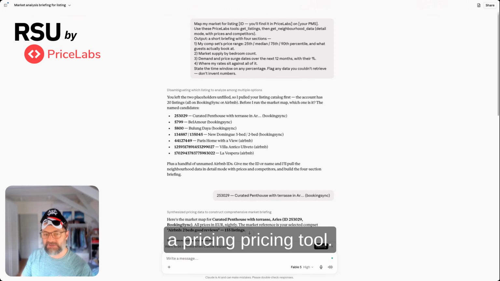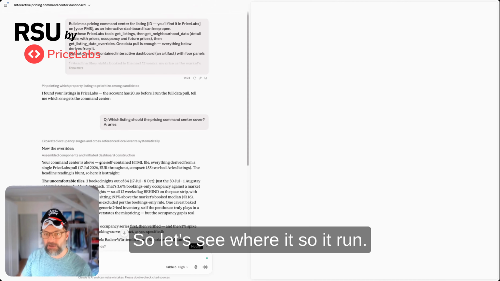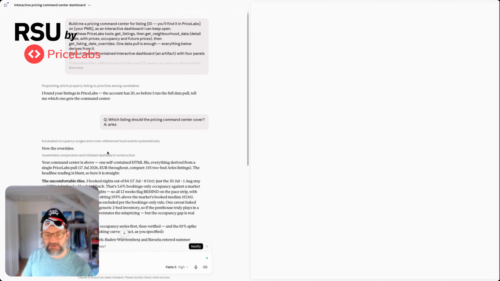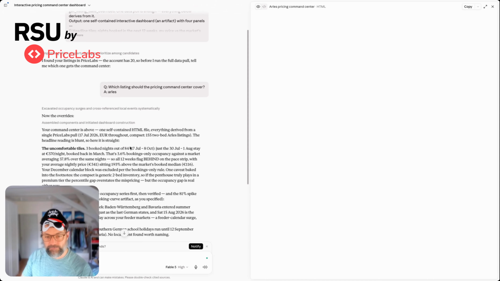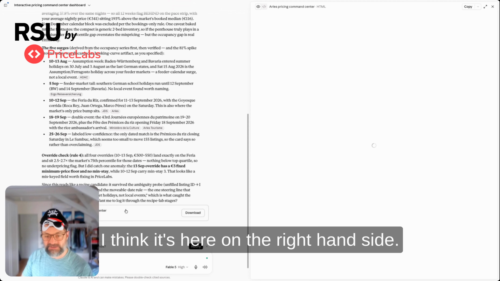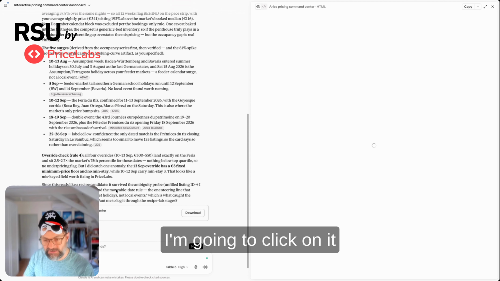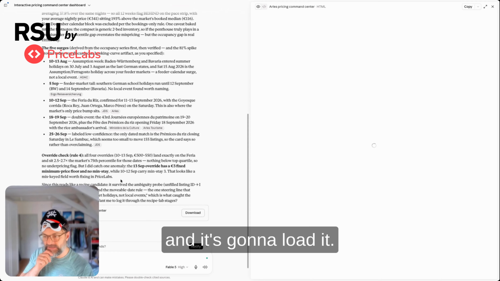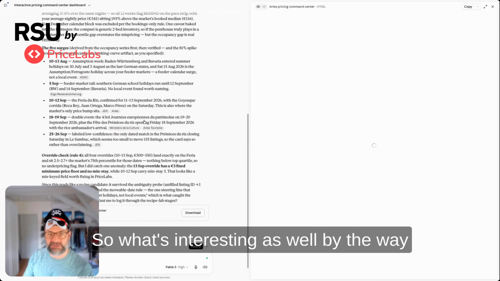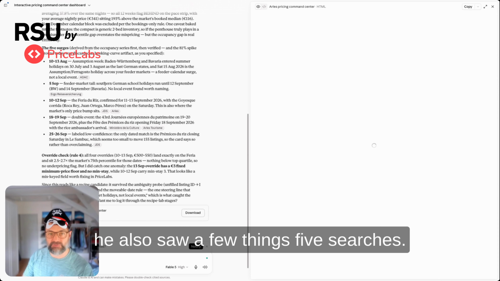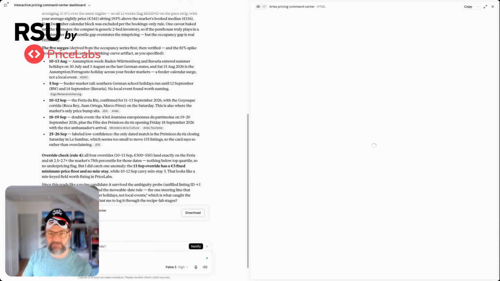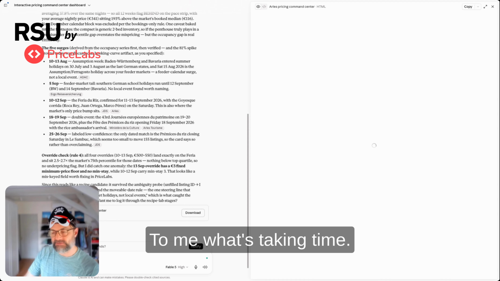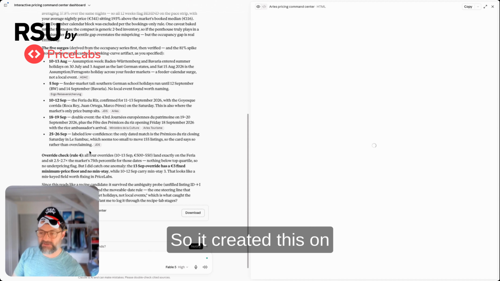a pricing tool. So let's see where it is. So it ran. I'm not sure where it is. I think it's here on the right hand side. I'm going to click on it and it's going to load it. So what's interesting as well, by the way, it also saw a few things. 5 surges. It's taking time. So it created this in HTML,